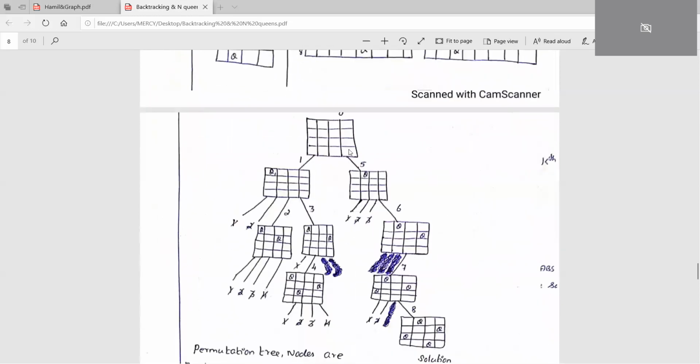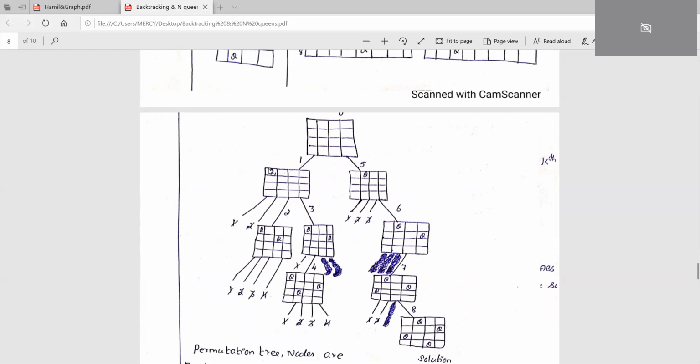Okay, so now we'll have the backtracking method. How can we backtrack it? The way we are backtracking, the procedure we have given: initially the state space tree will be made as 0. That means we are not considering any input here. So now this will be the first part. I am taking the 4 queens problem. Taking the first queen, you place it in the first row, first column.